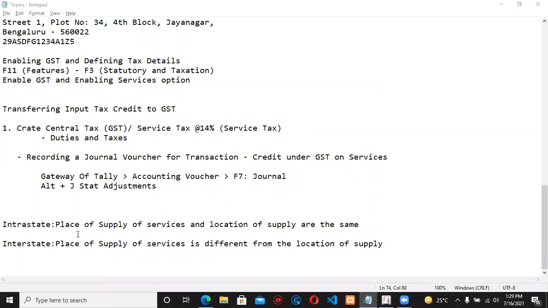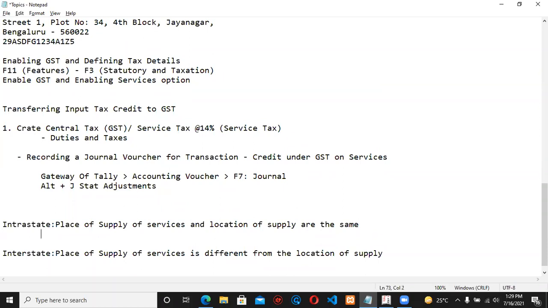So that is the briefing about it. That is, if you are having an intrastate transaction, the services are provided within the state. If it is interstate, services are provided outside the state. That is very simple and easy to understand, because we have done the same thing for goods also. Here, we are going to work with number one, that is